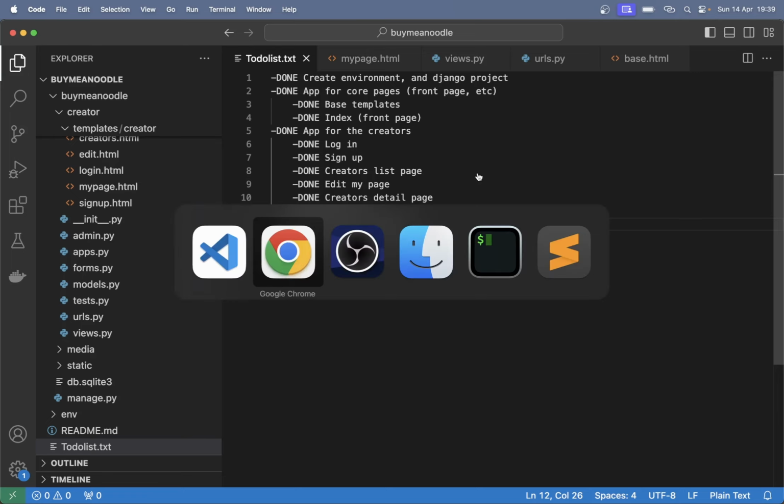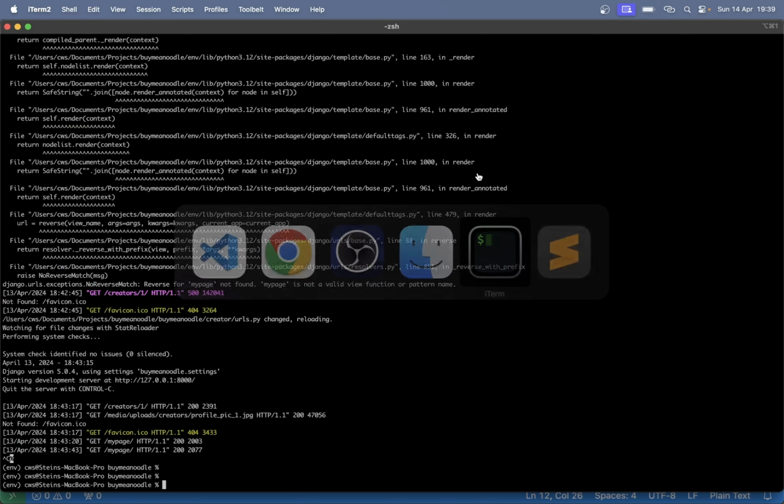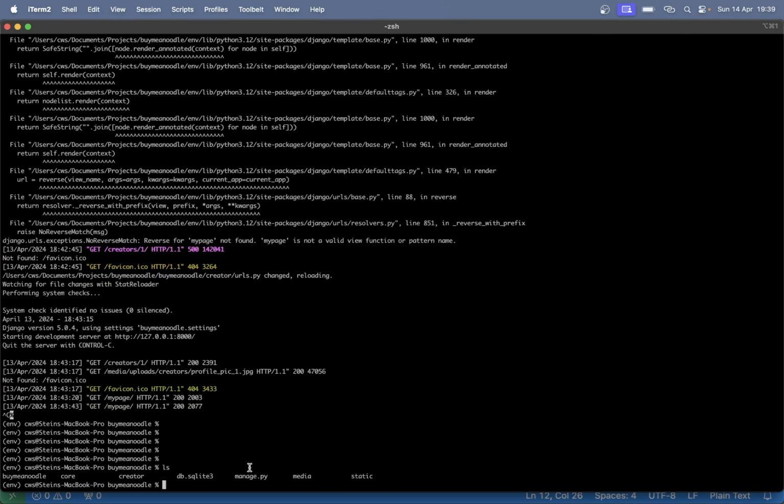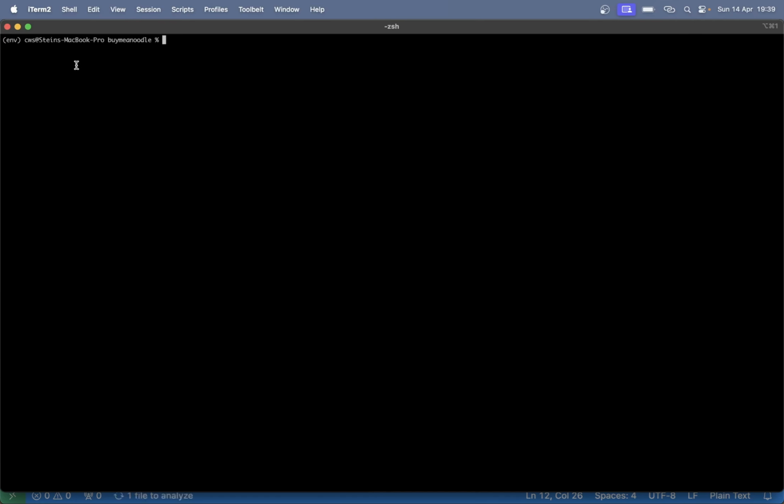Before I start doing the deployment itself, I want to go to the terminal. I have stopped everything here now. And as you can see, I'm inside a folder with manage.py. My environment is activated. And right now I want to get all of the packages that are installed for this environment. So pip freeze. And from this I want to create a requirements file. So run this command again and make sure that all of the content is put into this file,